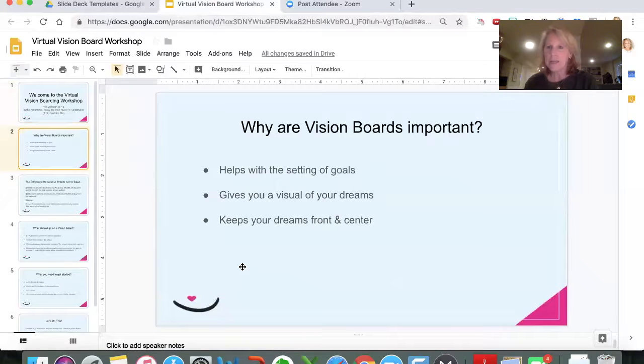I'm a mad to-do list creator. But some people like pictures. Some people are more doodlers, and drawing pictures is better for their brain. Left brain versus right brain, right? Left brain's more analytical, right brain's more creative. So vision boards can help some people who have trouble writing down goals to create them.